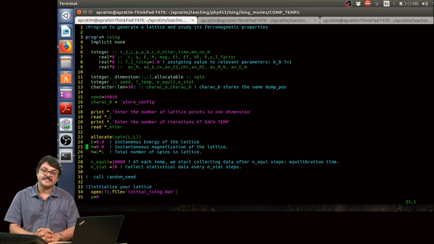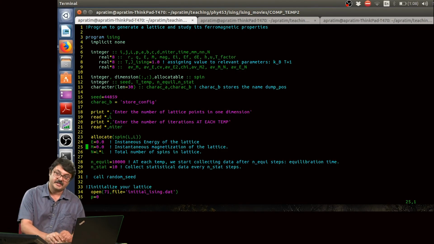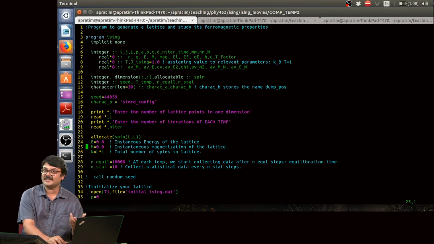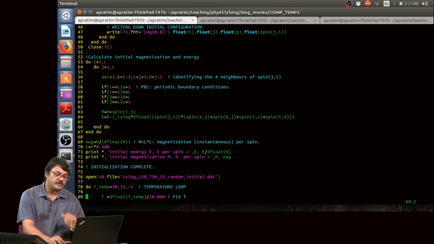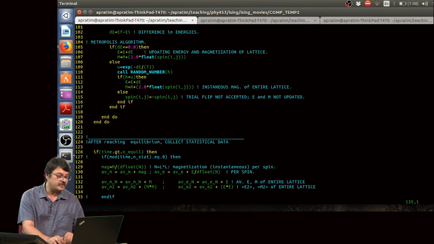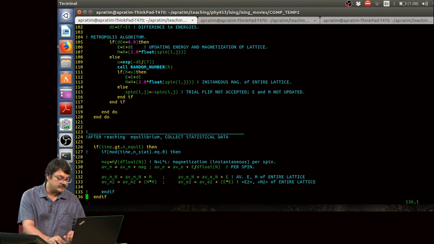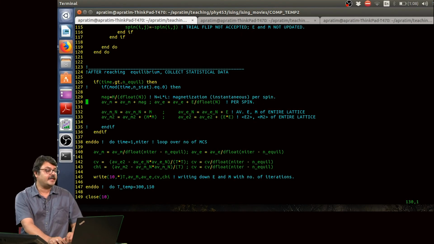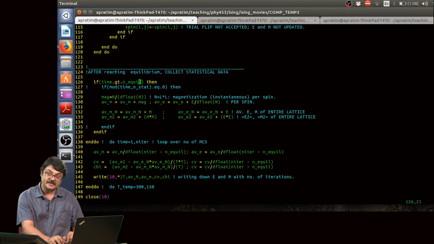You can explicitly check how much time it takes for the system to reach equilibrium at lower temperatures. I have here taken it to be 10,000 iterations for safety, but at very low temperature you might need a much higher number of iterations for the system to reach equilibrium. However, for a temperature of 1.5, 10,000 iterations is enough, and only when time is above 10,000 do we start taking data for calculating thermodynamic averages.